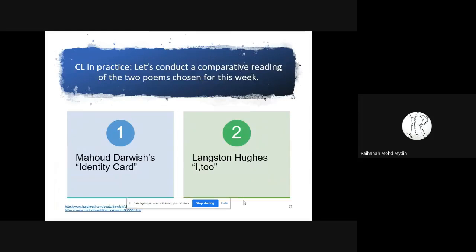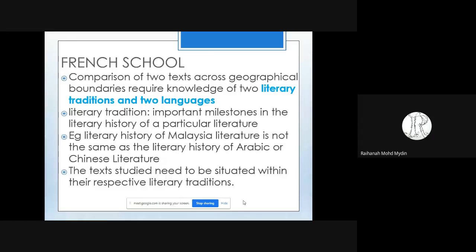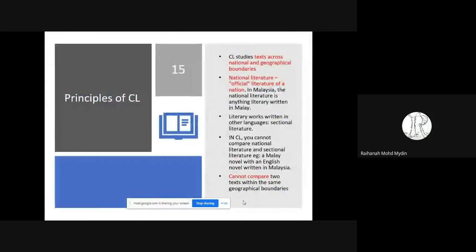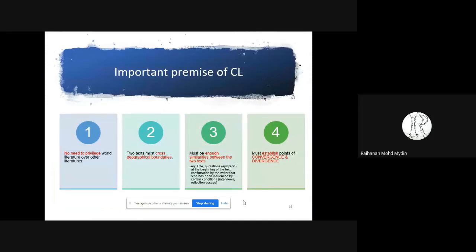So, did I skip anything? Oh, sorry, did I skip something? Right, so just to kind of,